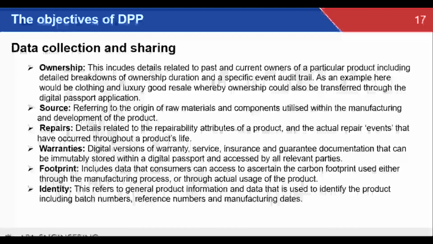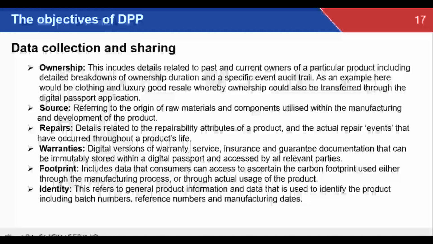So, data collection and sharing. When taking a more holistic view of digital passports in terms of their current and potential utility, there are multiple different data categories that can be collected and shared across entire ecosystems and value chains. Here, ownership includes details related to past and current owners of a particular product, including detailed breakdowns of ownership duration and specific event audit trail. An example would be a clothing or luxury good resale, whereby ownership could also be transferred through